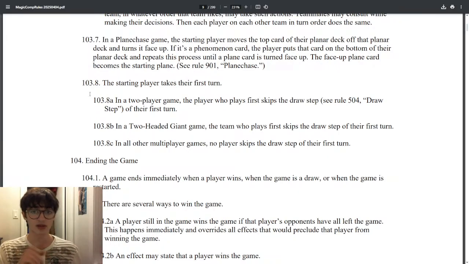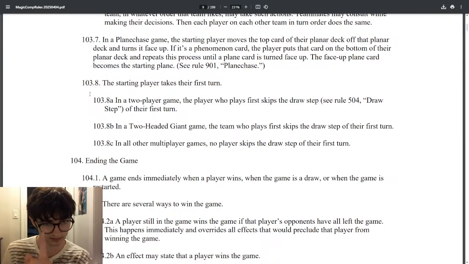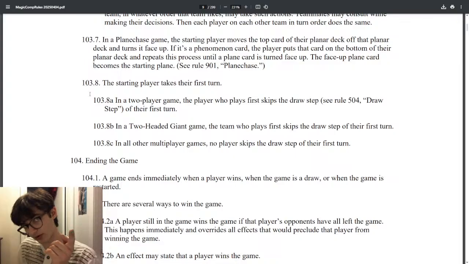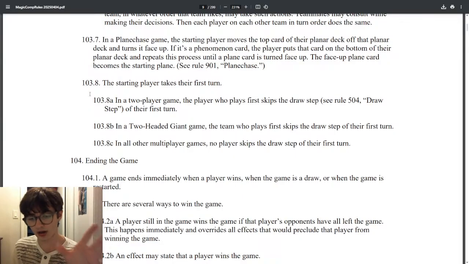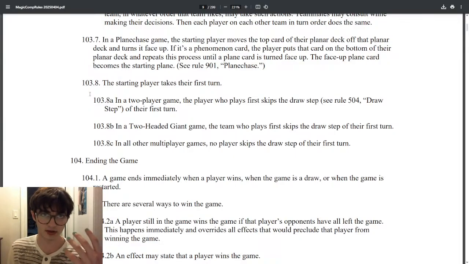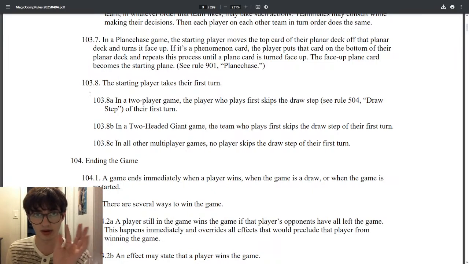Okay, 103.8a. In a two-player game, the player who plays first skips the draw step of their first turn. So, just to get this straight, if you're playing Commander, a normal Commander game has a free mulligan and you don't skip your draw step. If you're playing Commander and it's a 1v1, neither of those things are true.